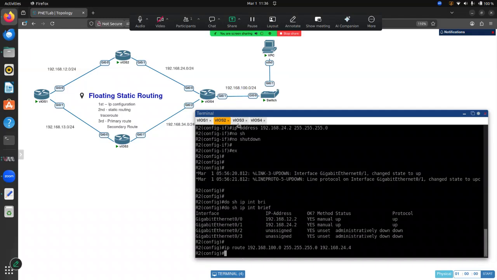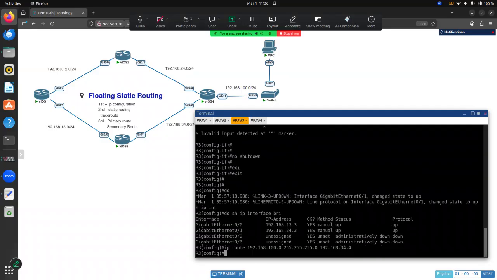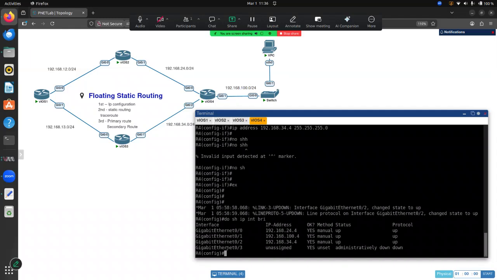Route 3 means these are directly connected, this one only. IP route 192.168.100.0, 255.255.255.0. Next hop is 192.168.34.4. Right. Now, then in R4,